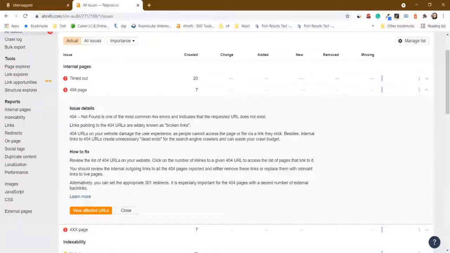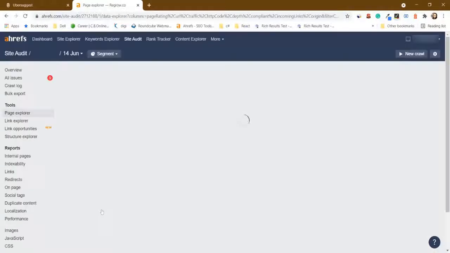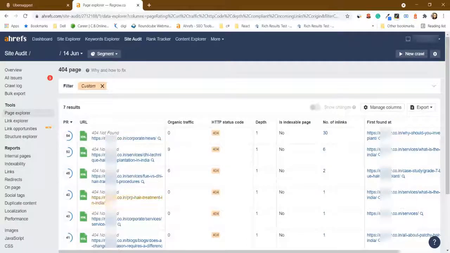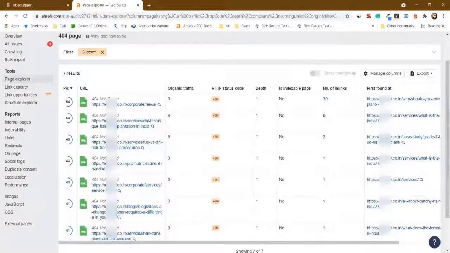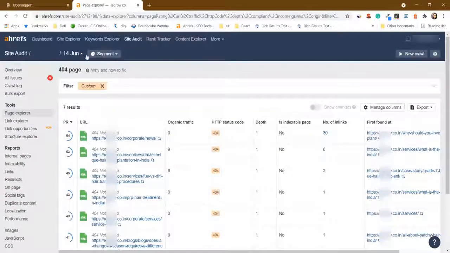How will I get these 7 links? Here view affected URLs is mentioned. I have to click on it, and it will show you all those 7 links which are having the 404 error. You need to give these links to the web developer, and accordingly strategize and remove this error that you have on your website.